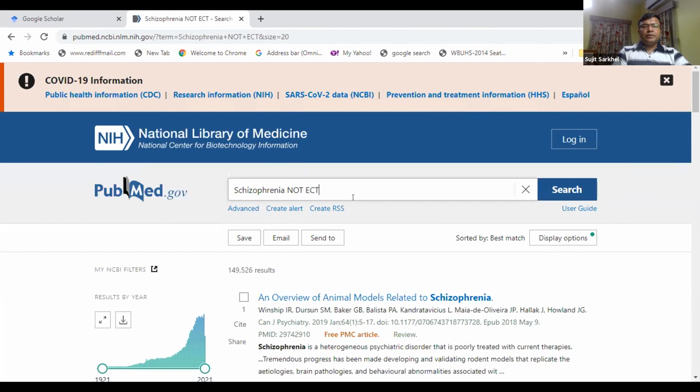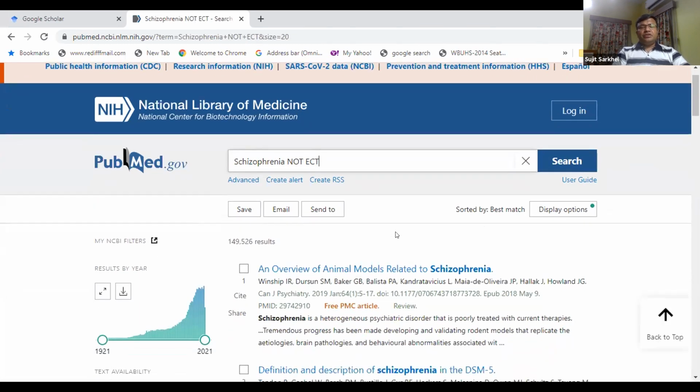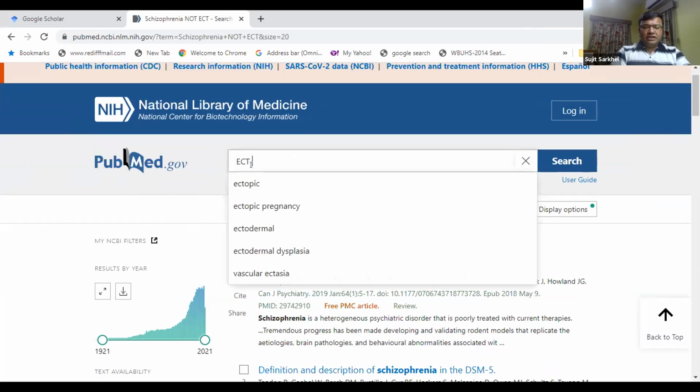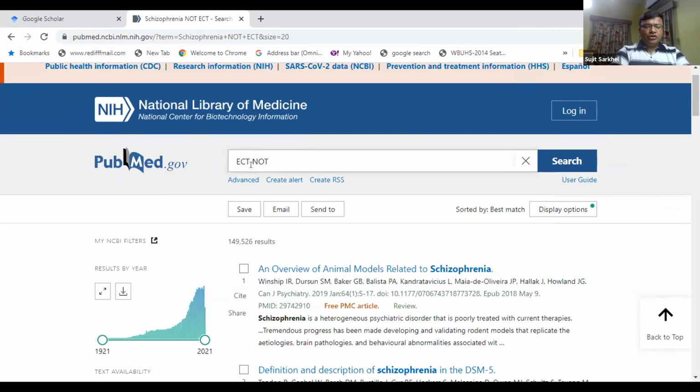Here you see all articles of schizophrenia are there, but none of them contain ECT. The number is 149,526. In case of NOT, if you reverse the order, it is not the same. Now you can see ECT NOT schizophrenia, and here there were 149 articles.